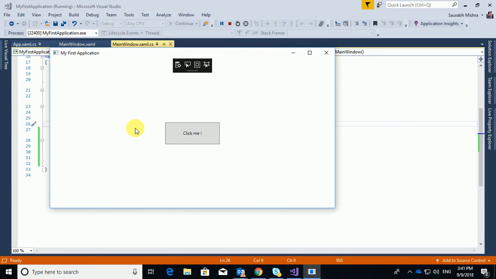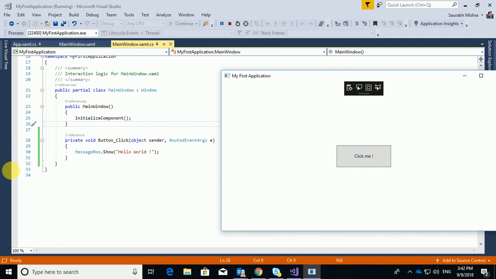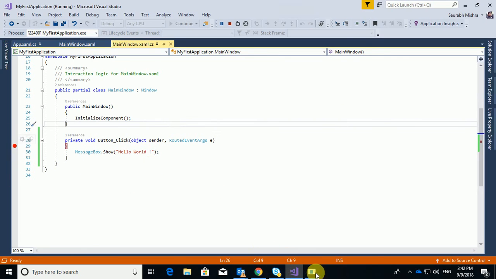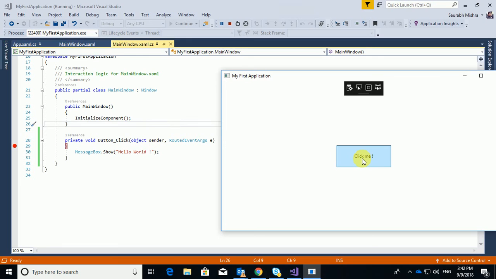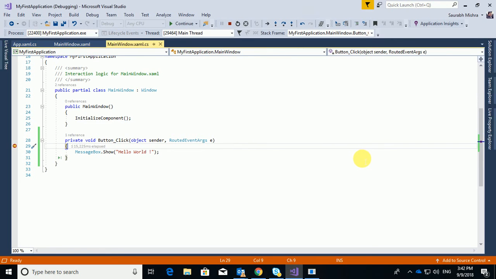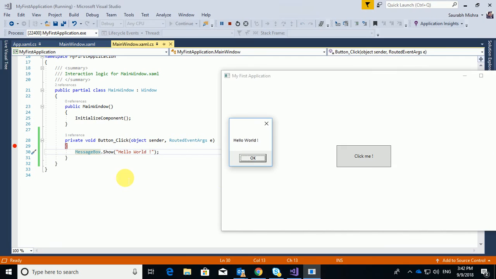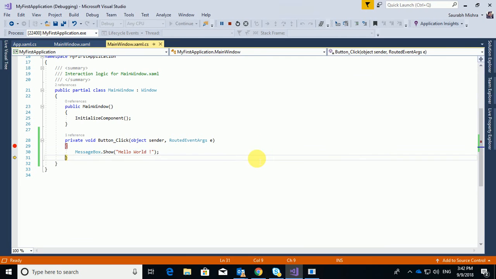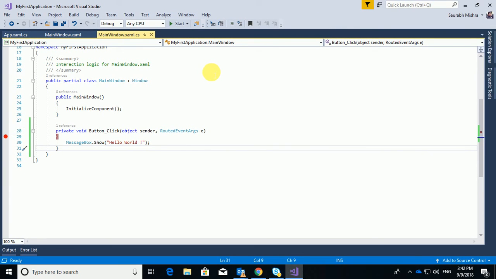So you can see the constructor got initialized, and when will this hello world get printed? This hello world is going to get printed only when I'll click on this button. So let me click here. The moment I have clicked on that button, this event of that button got hit, and now I'm pressing F11 again. So you see hello world got printed here. So I'll stop it here. So that's how you create a basic application on Visual Studio which is C# based.